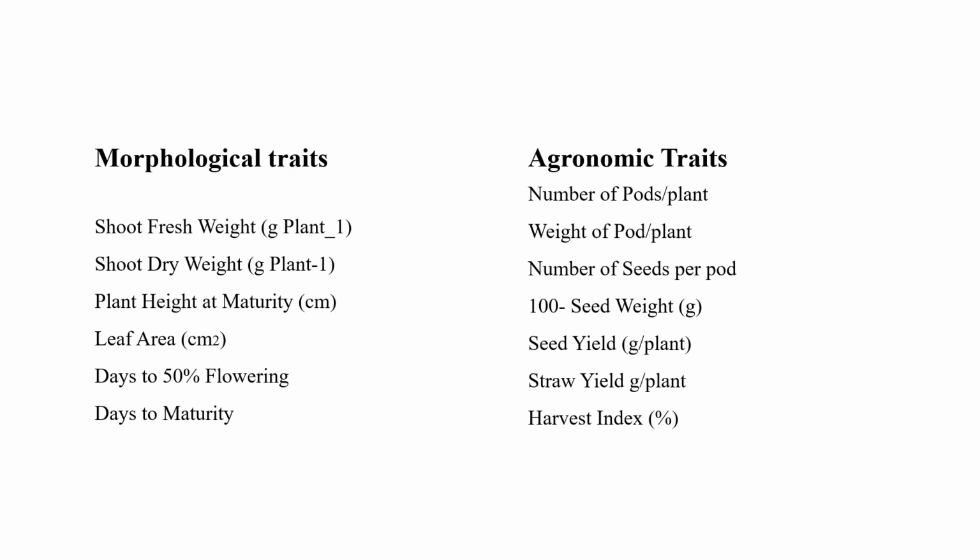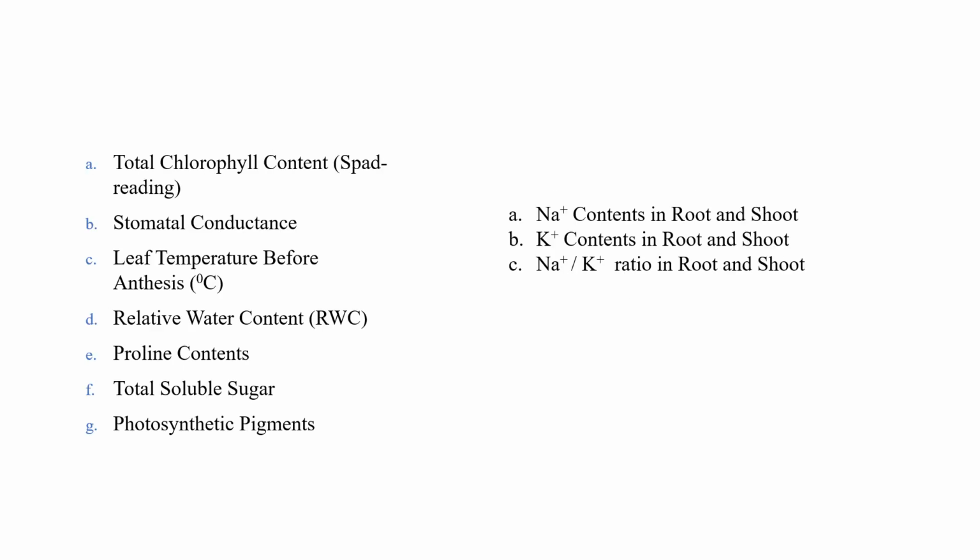After that we can go for the full experiment, and in this full experiment we use a number of parameters to check the response of a certain crop under saline condition. At the end we can use different statistical analysis techniques